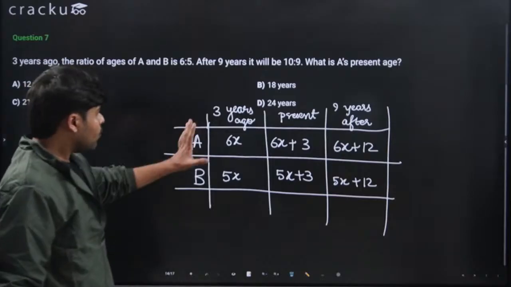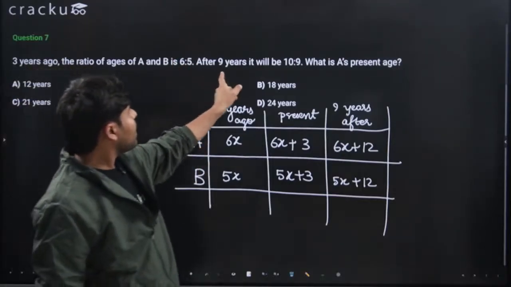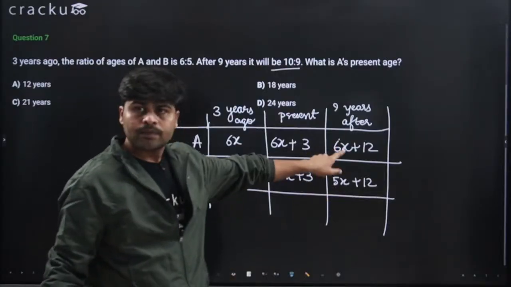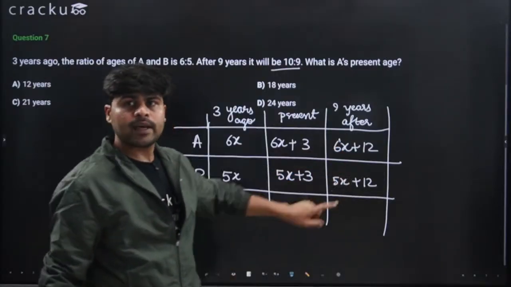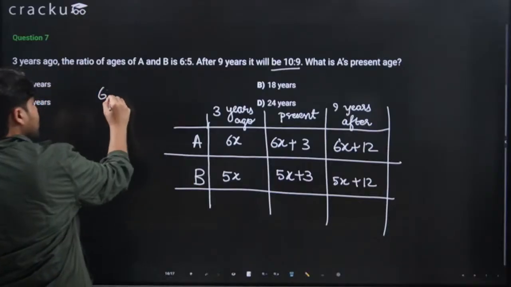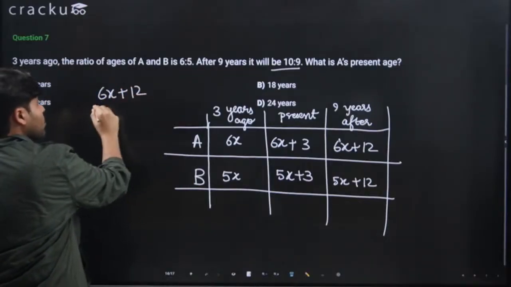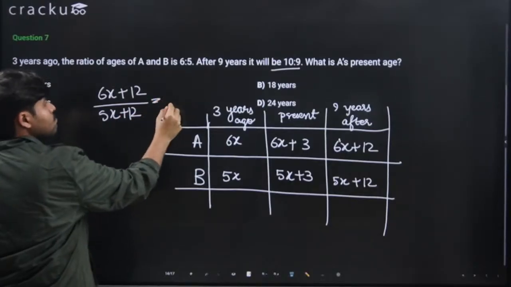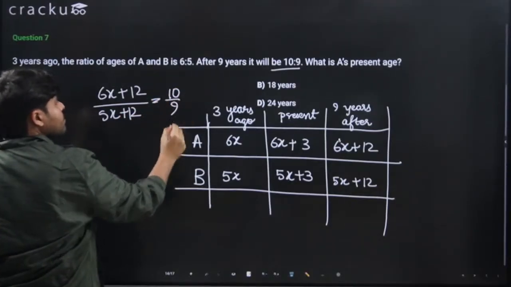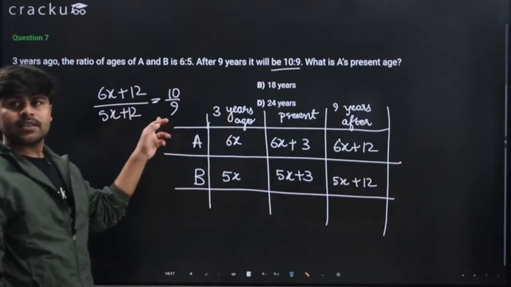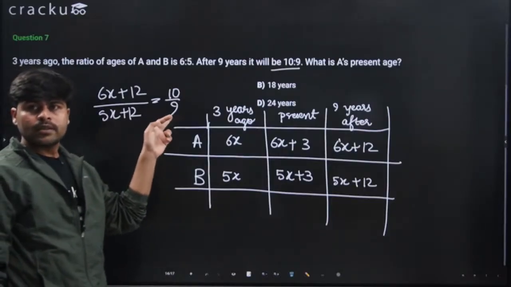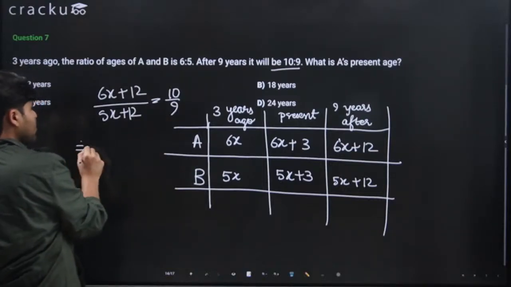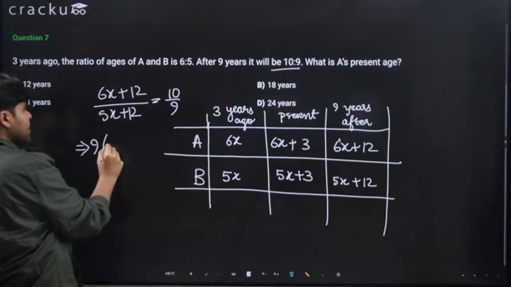Now we are told that after 9 years, this ratio became 10:9. This means (6x plus 12) upon (5x plus 12) is equal to 10 upon 9. This is the essential equation that we need to solve. Let's try to cross multiply this. We get 9 times (6x plus 12)